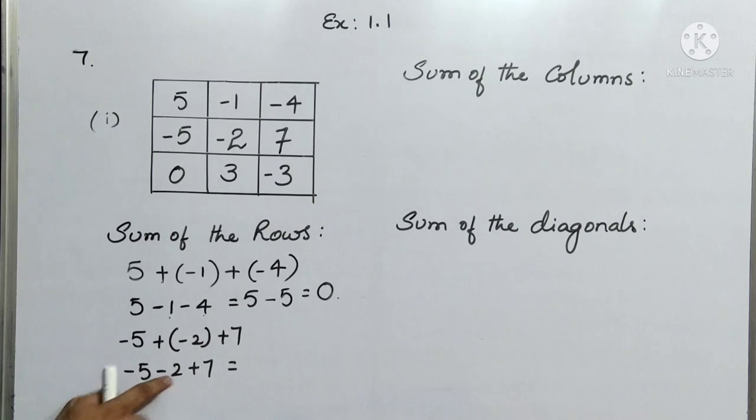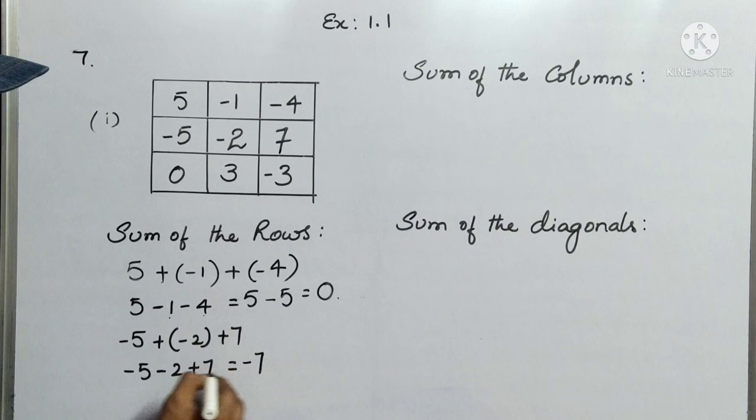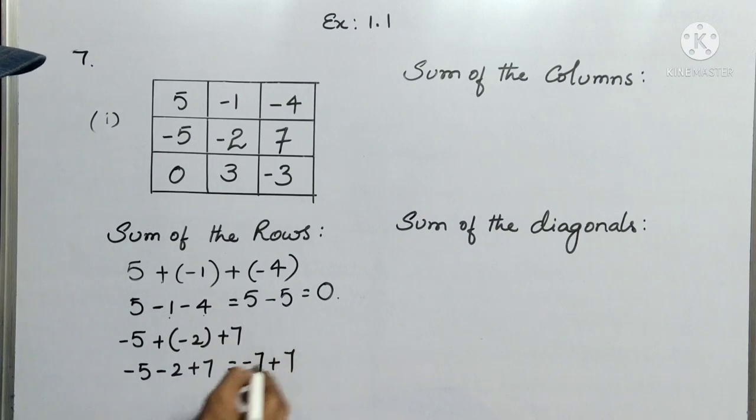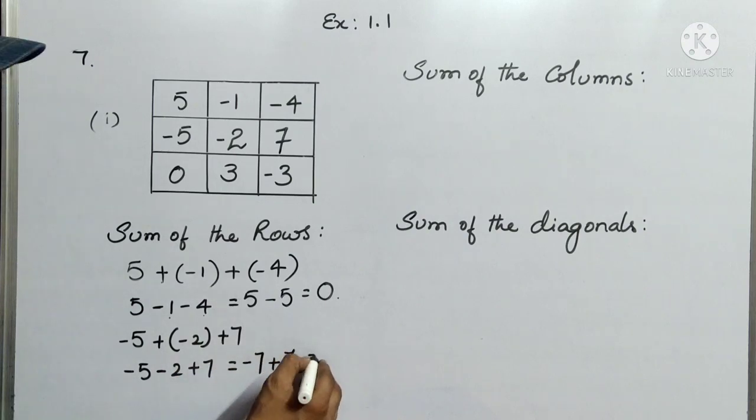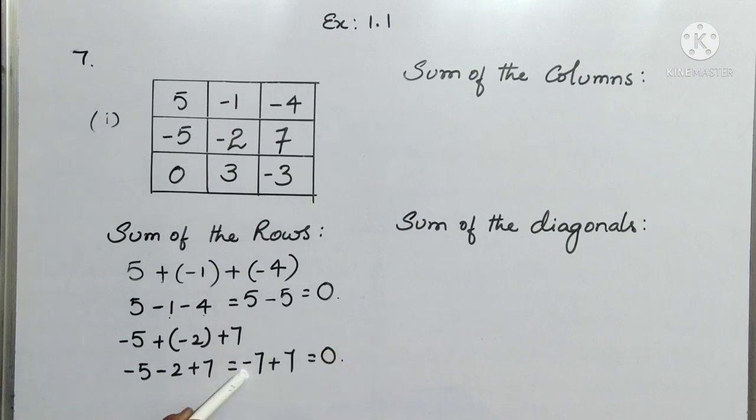So minus 5 minus 2 is minus 7 plus 7. Okay, so that is total 0, because one minus and one plus means you have to do subtraction. So minus 7 plus 7, so 7 minus 7 is 0. And as I told you, if they both are the same numbers with different symbols, we can cancel easily. So the answer is also 0.